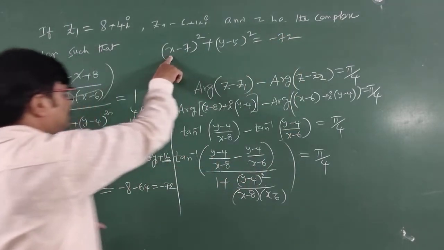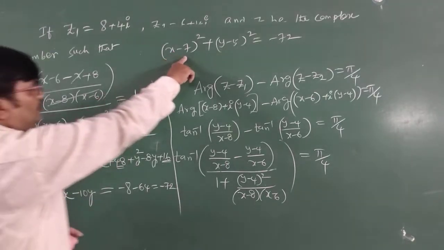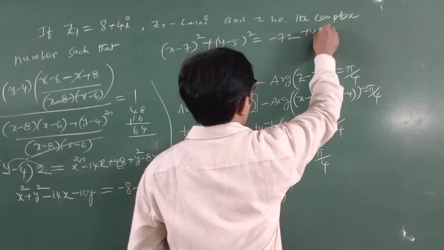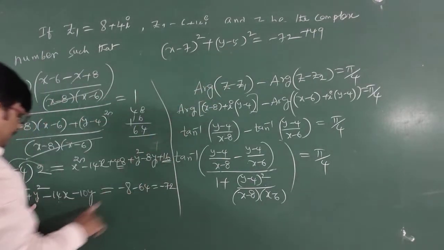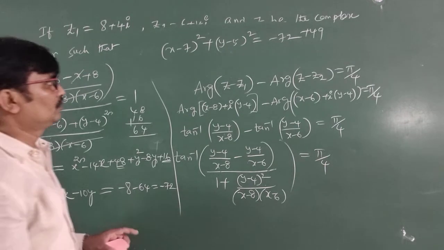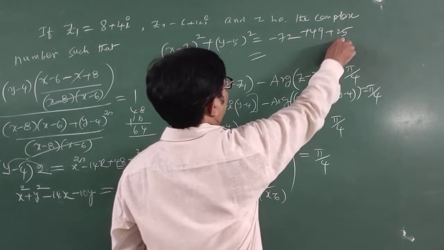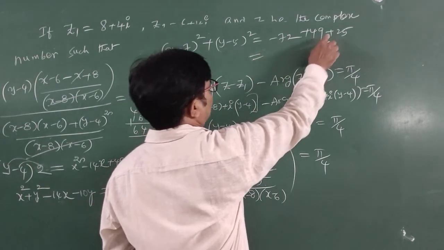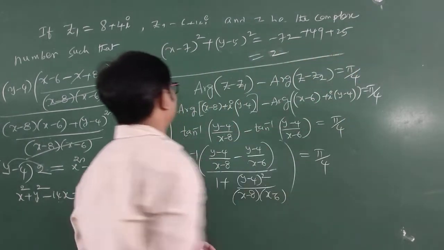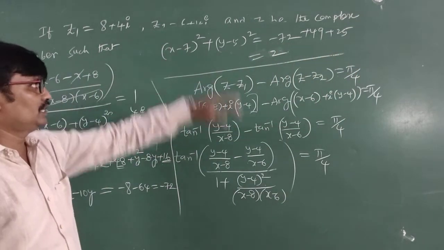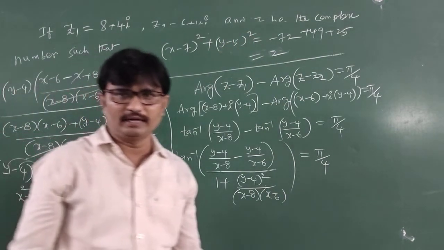Dear students, a square is x square, minus 2ab is 14x, b square is 49, adding 49 on both sides. a square is y square, minus 2ab is minus 10y, b square is 25, adding 25 on both sides. This is 74, 74 minus 72 is 2, so this is the locus of z: (x minus 7) whole square plus (y minus 5) whole square equal to 2 is the locus of z. Okay students,